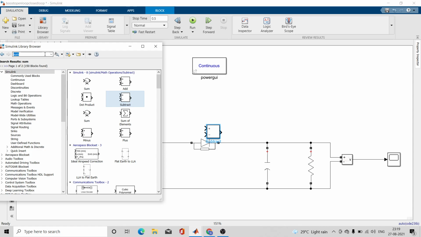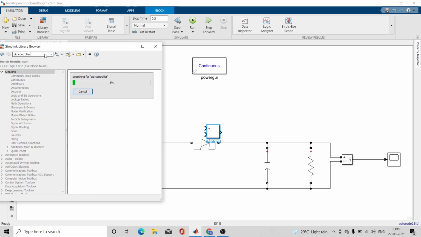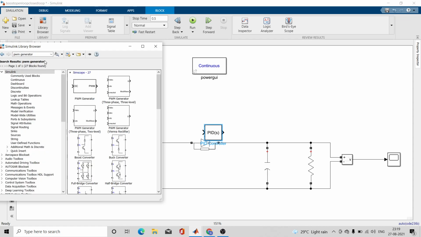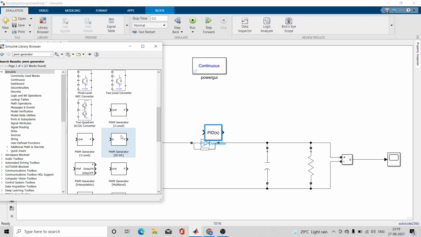Then we want PID controller, we want this PID controller of S domain. Then we will use PWM generator, DC to DC. We want DC to DC PWM. Yes, this is the PWM generator we want.